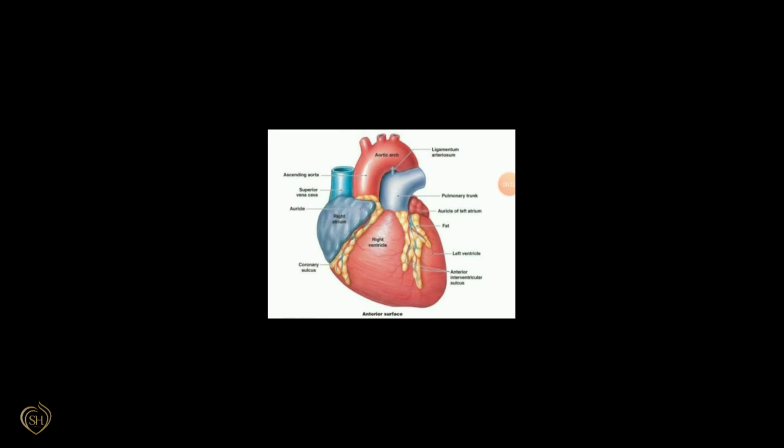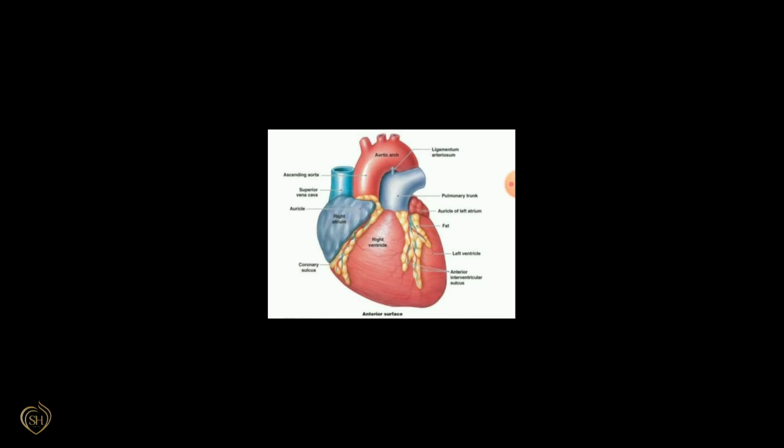Now we can study the blood circulatory system. The circulatory system consists of heart, blood and blood vessels. Blood vessels are of three types: arteries, veins and capillaries. First, the heart. Do you know where the heart is situated? It is located in the thoracic chamber in between the two lungs, and it is just above the diaphragm.